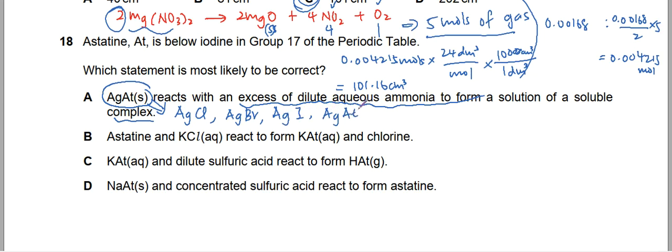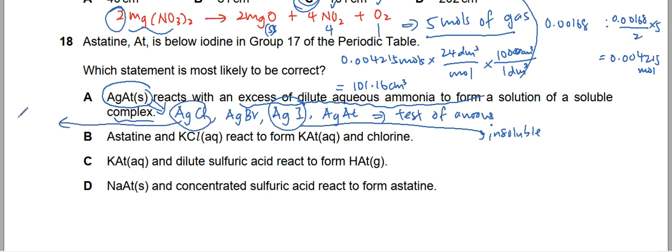So from the test of anions, we know that silver iodide is insoluble, and silver chloride is soluble, so we can conclude that silver astatide is insoluble, so this is wrong. Next, react with KCl, so this is the displacement reaction, so astatine replacing